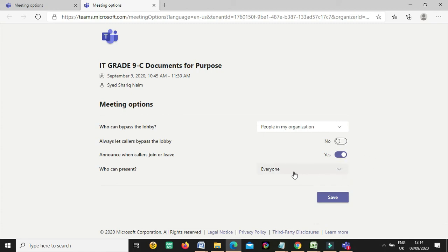But this is very important: who can present. Not everyone can present; you can choose specific people, people in my organization, or only me. If you are a teacher, select only me, so the students will not be able to kick someone. They will not be able to cause any problem. So I click on done and then I close it.